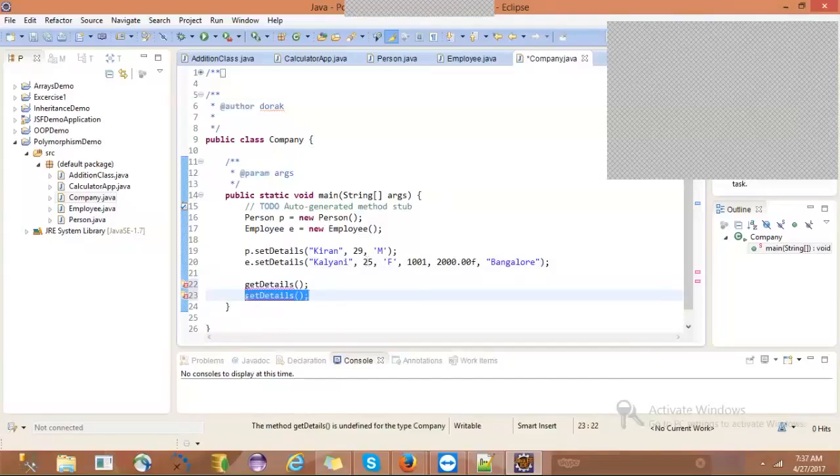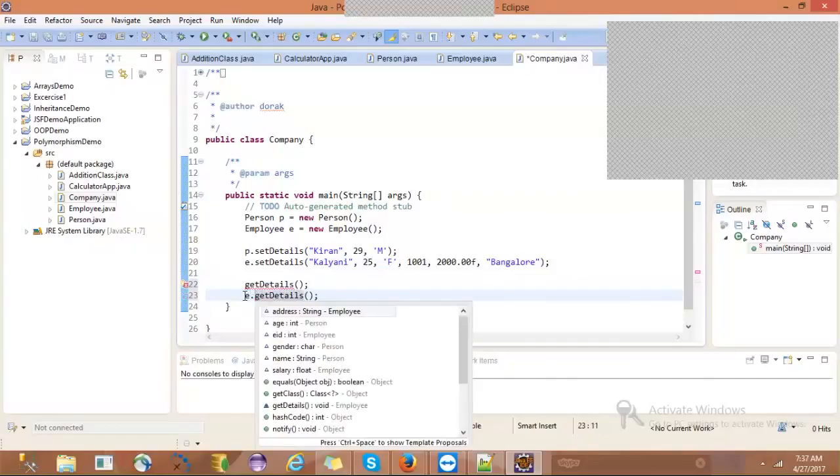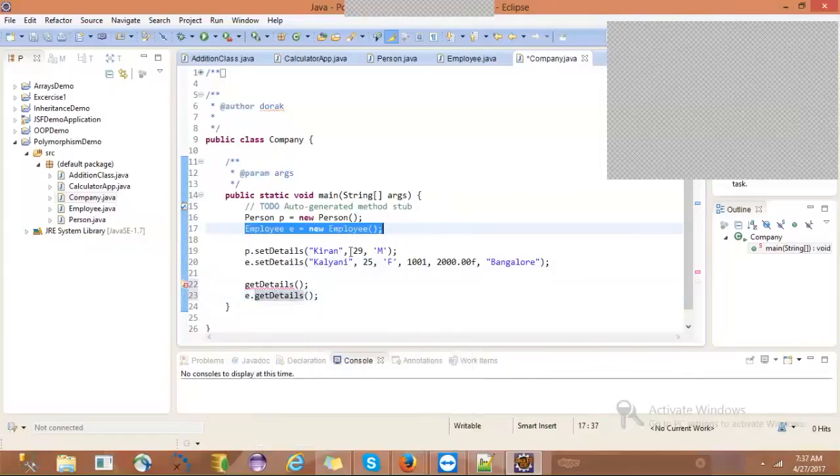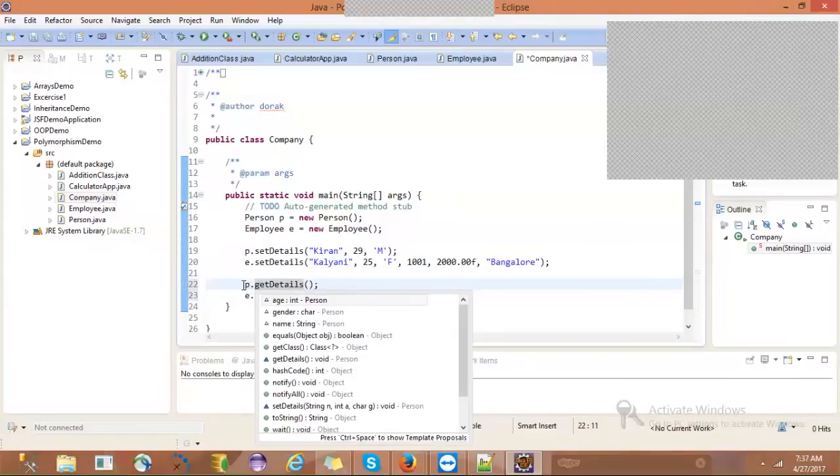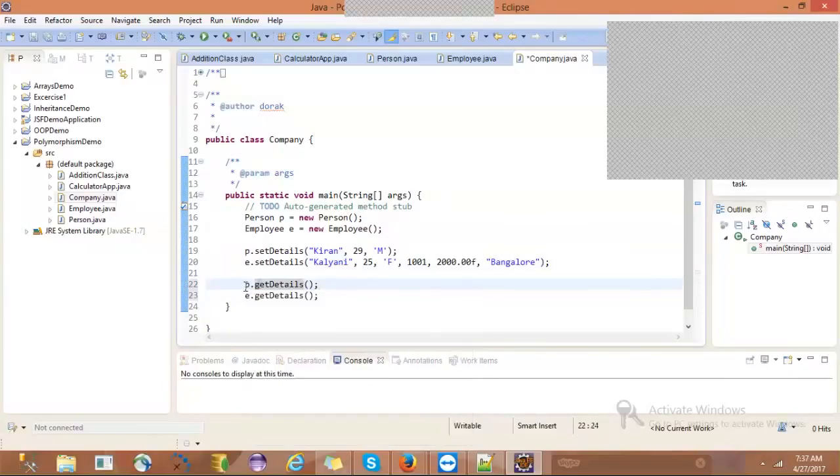We need to write e dot get details. We have initialized the object, but we have to associate that method call with the object. Yes, we should call it from the object. So if the object reference is not specified here, by looking at the parameters, can you tell from which class it is getting executed? No, right?